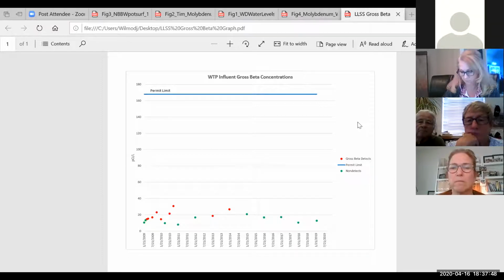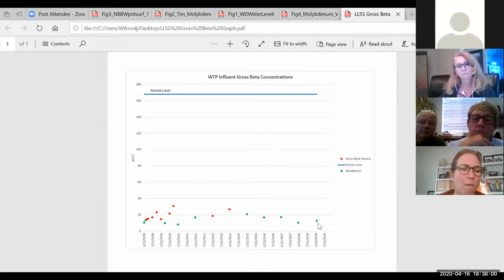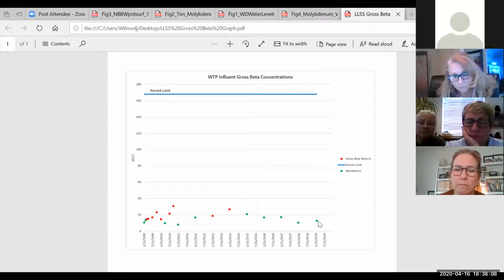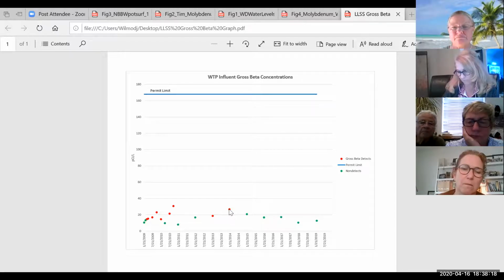So this chart here shows our gross beta concentrations on water treatment plant influent. So this is a combination of all the influent into the plant, and we do that radiological sampling on the influent on an annual basis. And you can see the green dots are non-detect. The red dots are detections of gross beta radiation,